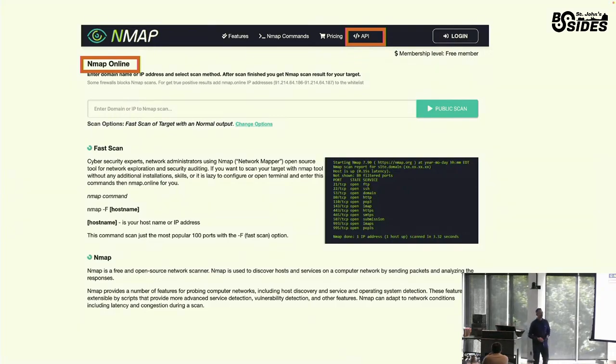So there's a cool service that I found a couple of months ago, which is nmap.online. For those of you who are not familiar with Nmap, it's a cool tool that allows you to scan open ports on a machine. So what does nmap.online offer you? It does this on your behalf, from the web. They probably have tons of different servers across the world, and through the API, you can ask them to scan a public IP and get the result, which is nice.